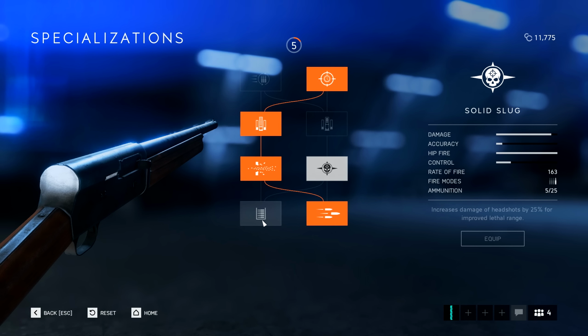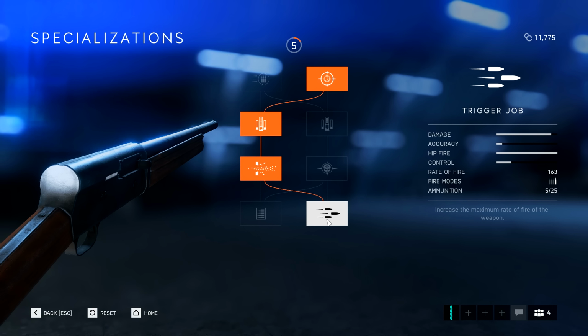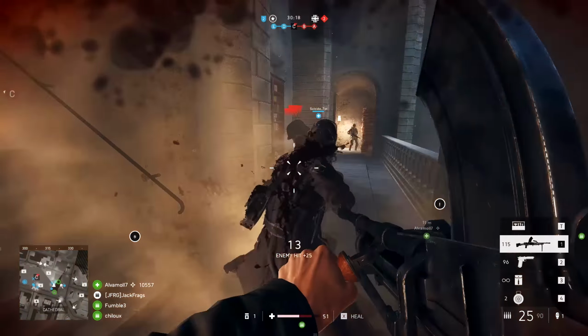The last spec is probably the one that's a bit of a toss-up. You can either gain the extra firing rate, which I went for, or the extended mag that gives you an extra 2 shells. Up next is arguably one of the most unique looking weapons in the game, the